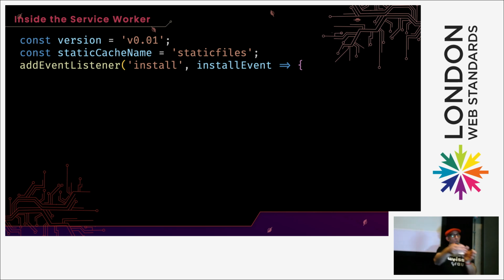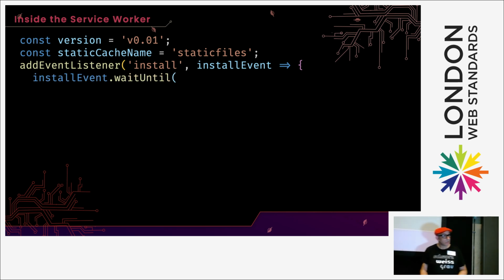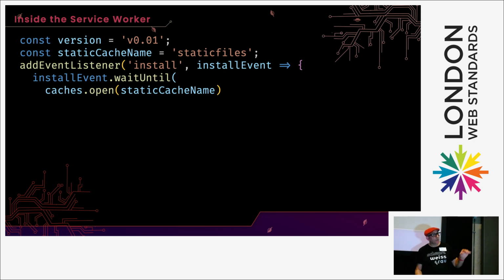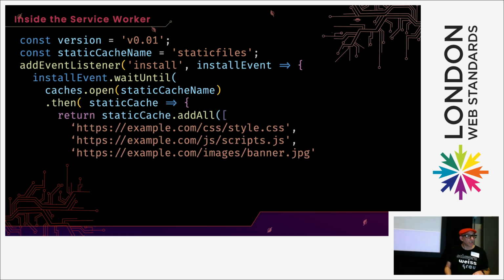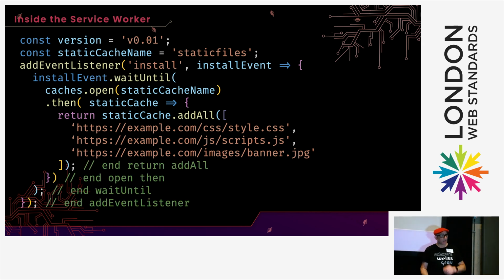So I'm going to install, wait until you've opened my cache, and in that cache, you've put my CSS, my JavaScript, and my image for my logo, or whatever you want it to be. And then all I'm doing is I'm just closing all of those brackets.